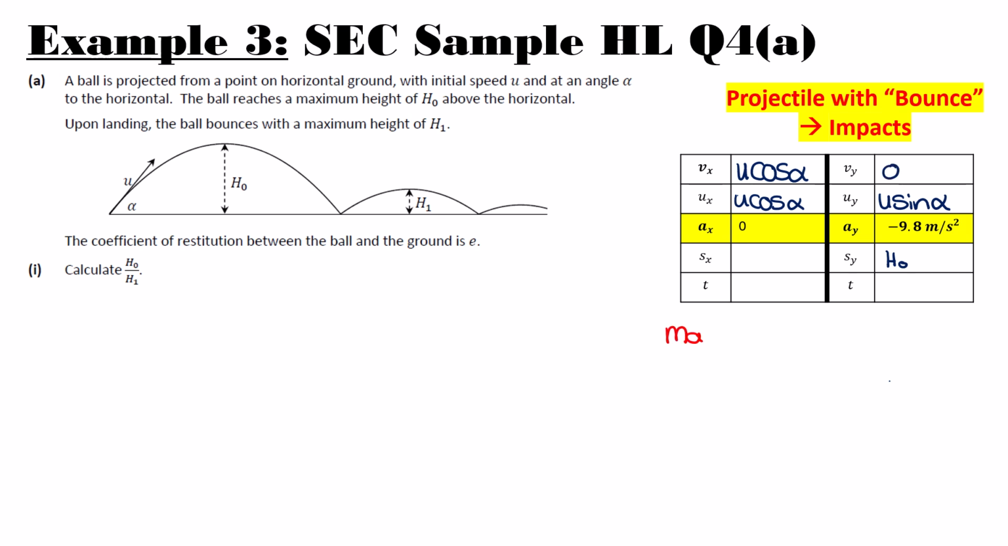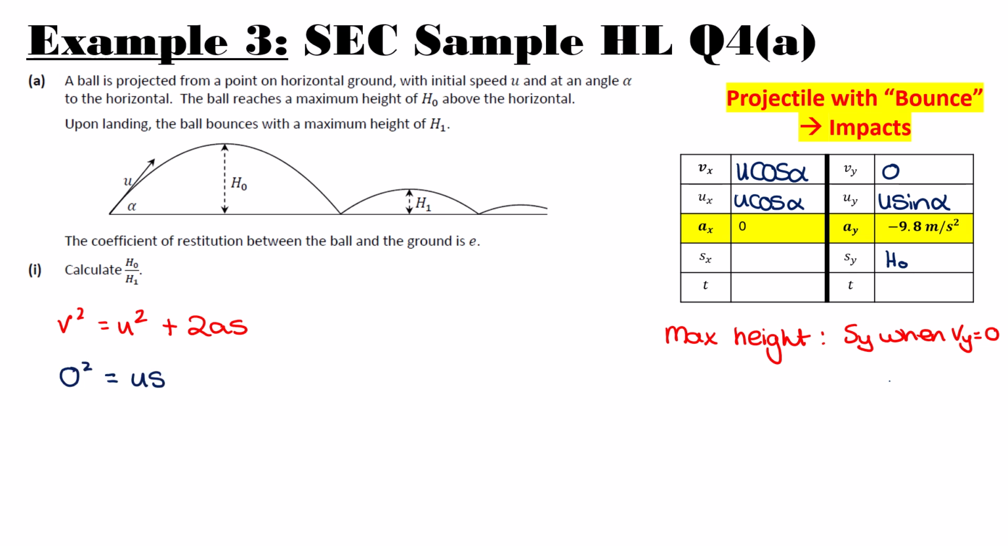So our max height is Sy when Vy equals 0. What that means is it's the displacement in a vertical direction when it stops momentarily, but it only stops in the vertical direction. There is no acceleration in the x direction, so there's no change there. So it's only in the y direction. So we're going to work with our v squared equals u squared plus 2as to work out our